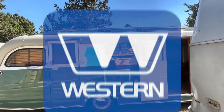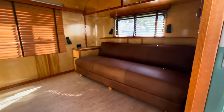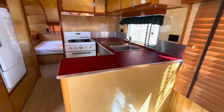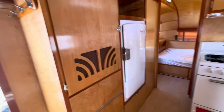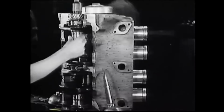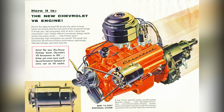This motorhome was built on a cab-over-engine chassis, which allowed for significantly more interior space. In some versions, a front-wheel drive system was used to avoid the need for a rear drive shaft, freeing up even more space inside. The engine was a Ford V8 flathead, but many units were modified. In later versions, you could find a Chevrolet small block V8 engine with 327 cubic inches of displacement, which greatly